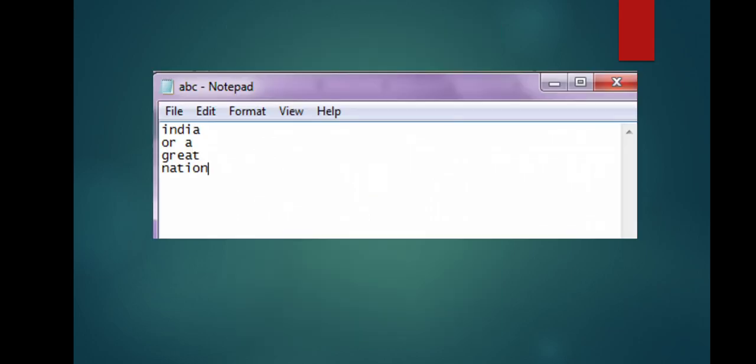So see the content. See, "is" was written over here. It is now replaced with "or". So this is how we can modify the content of the text file. But yes, it is not very easy, it is complex. So we normally do not prefer updating the content of the text file through these functions. We prefer updating the text file content using a temporary file only.